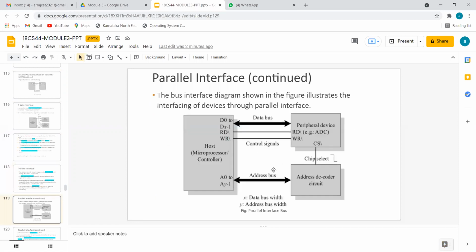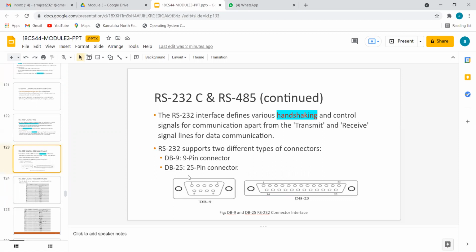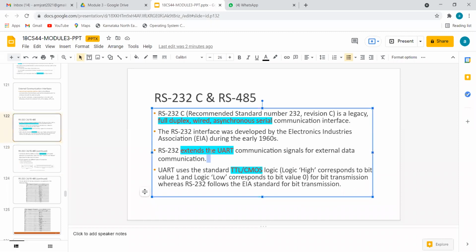That means if I have this pin on my CPU backside and the monitor supports a different one, we cannot connect, definitely, because of the difference in dimension. On the CPU backside and monitor backside it will have the same connector, and it is the same for DB25 also. That's why it is called the same architecture at two ends, but data transmission depends upon the scenario. It uses TTL, transistor logic, or CMOS logic.